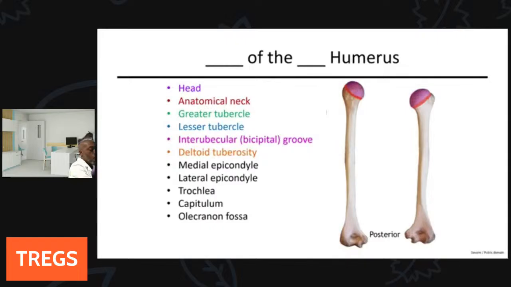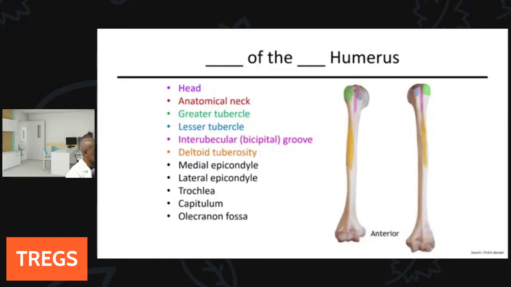We have the head, the rounded portion in purple, followed by the anatomical neck, which is just at the rim of the head, the end of the joint socket itself. There actually is a surgical neck located here that's used for surgical purposes, but the true anatomical neck is indicated there in a red line. Then on this anterior surface, we can see in green a knobby portion known as the greater tubercle and a smaller knobby portion known as the lesser tubercle. And between them,